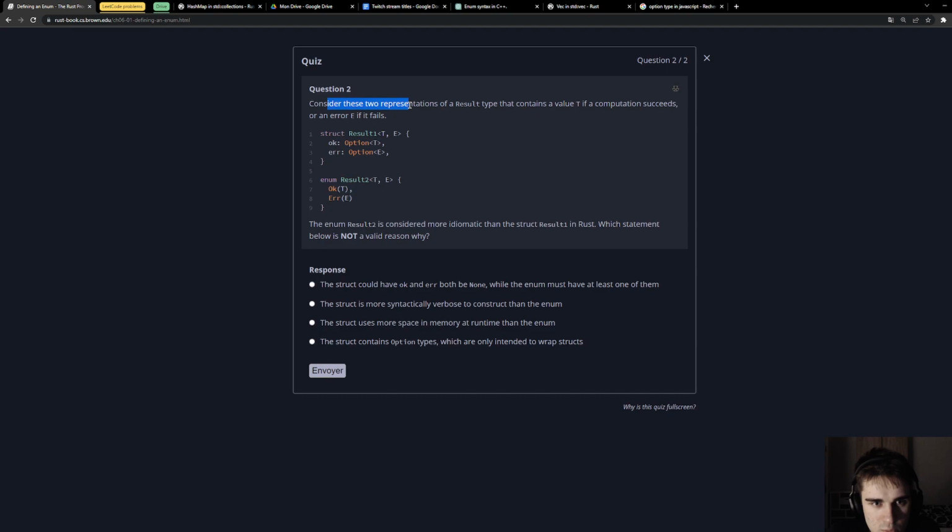Consider these two representations of a result type that contains a value T if a computation succeeds, or an error E if it fails. The enum Result2 is considered more idiomatic than the struct Result1 in Rust. Which statement below is not a valid reason why?